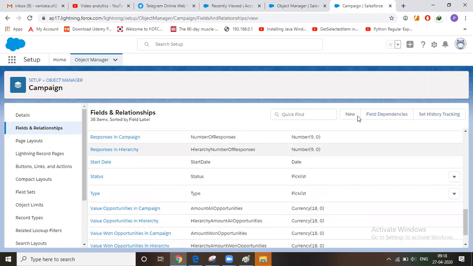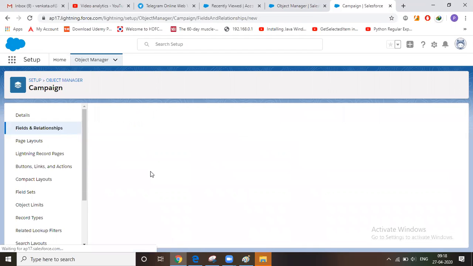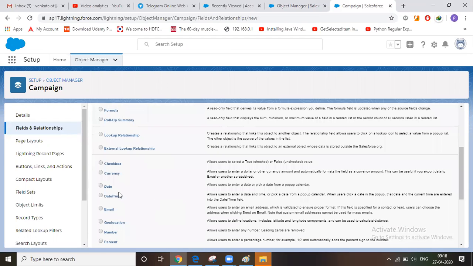I'll show you. Once you open it, you can see the definition here itself. Date allows users to enter a date or pick a date from the pop-up calendar. Date/Time allows users to enter a date and the time. You'll have the time also.